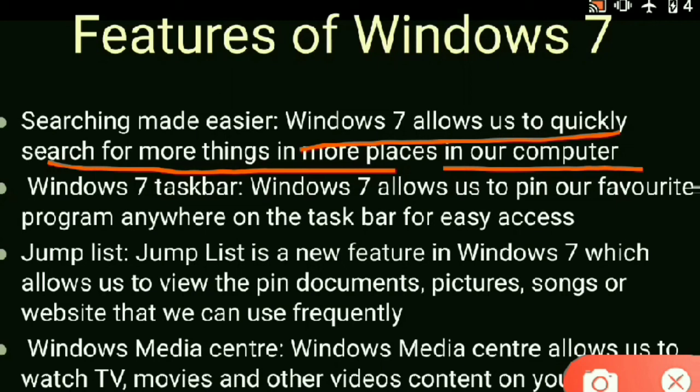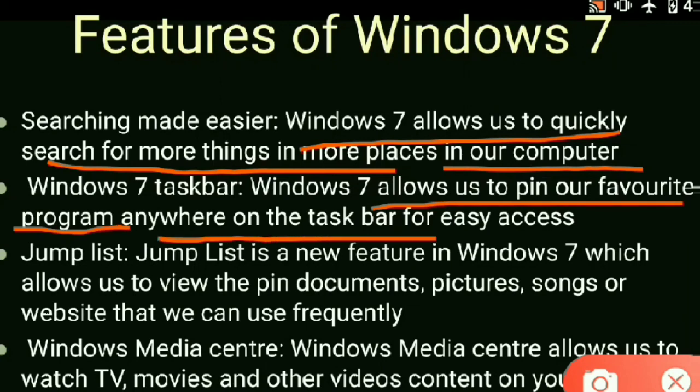Okay, we move to our next, that is the Windows 7 taskbar. With the help of the taskbar, it allows us to pin your favorite program anywhere on the taskbar for easy access. The taskbar shows on the bottom of your desktop.